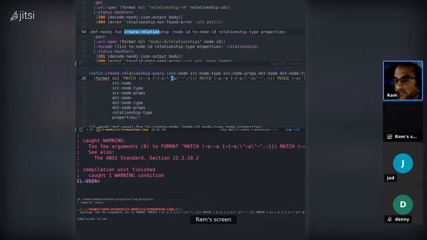X, Y, where, where. So I'm going to just do this to make this easier for us. Match X where X,